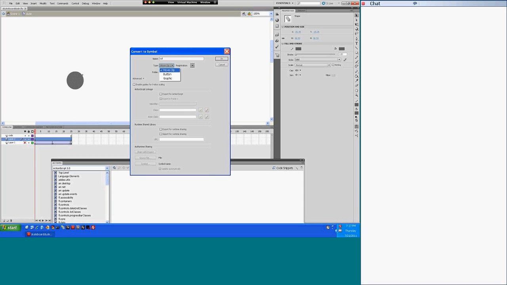And then what's left on it is what I call the registration point. That is a point where, when you set it on the screen, like you say symbol.x, symbol.y, it would be referenced to where that point's at. So in a circle, it would actually be in the middle, to make that in the middle. So click OK,